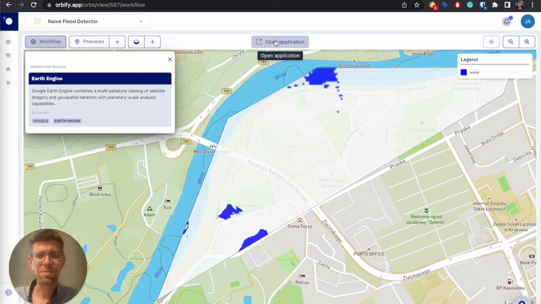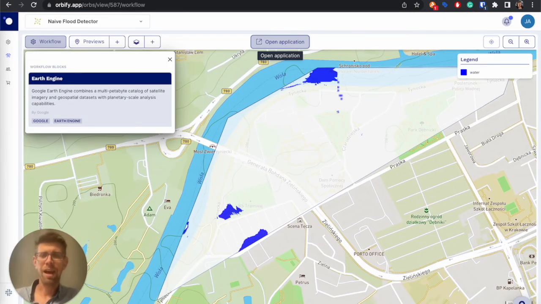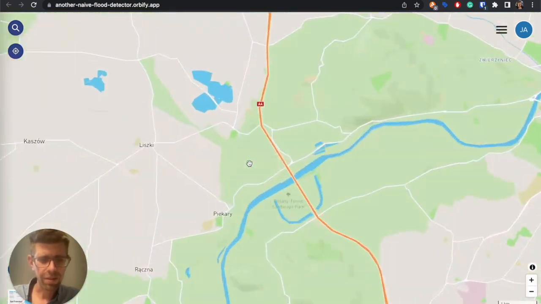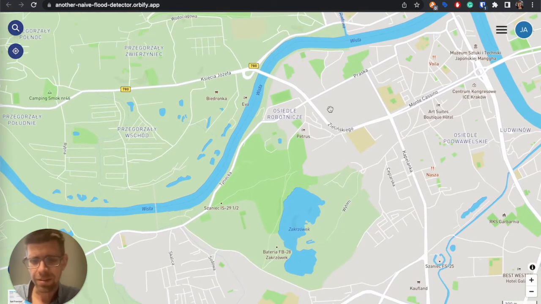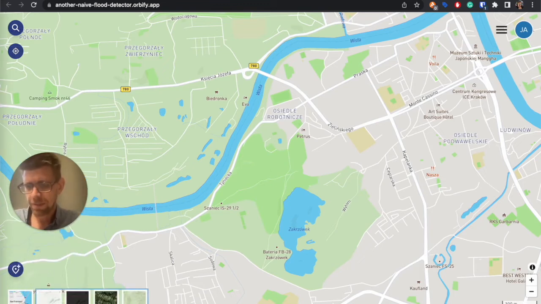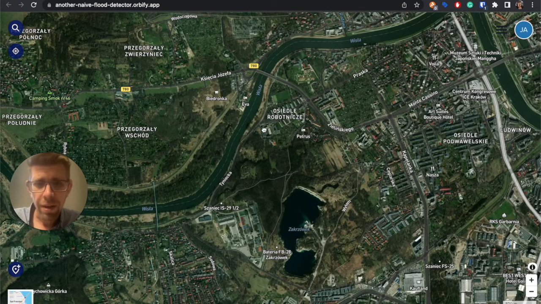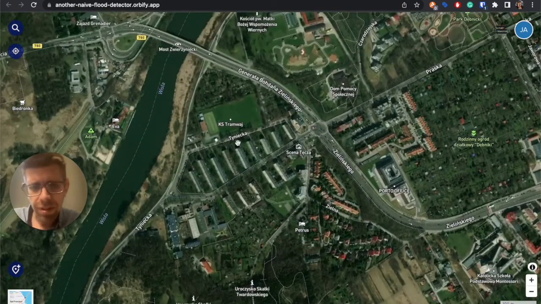I wasn't sure how it will work out, and of course now we can open the actual app, right? Because here, once again, we've been in this app builder view preview. We are tuning things, checking how they are working. And now we are going to the actual app where we can select our area of interest and see how things in Kraków are looking. We can change it to the satellite imagery, so it may look more spectacular if we see blue circles and other shapes